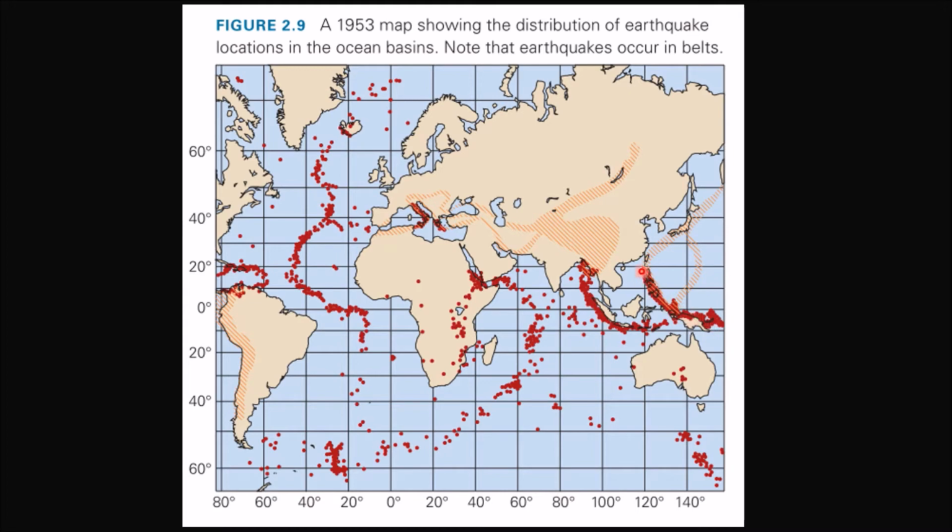Like in this small area right here, there's a whole bunch of earthquakes. In this area right over here, there were a whole bunch of earthquakes. Right here in the middle of the Atlantic Ocean, there's a whole bunch of earthquakes. You don't just see a bunch of earthquakes just anywhere in the ocean. They're all bunched together right here in the middle of the ocean. So why is that the case? Why do earthquakes occur only in specific locations, not all over the place?